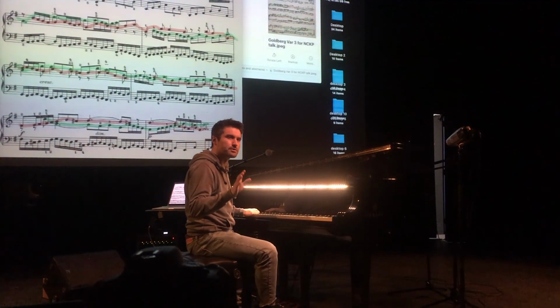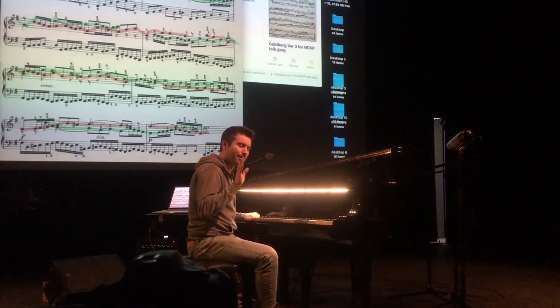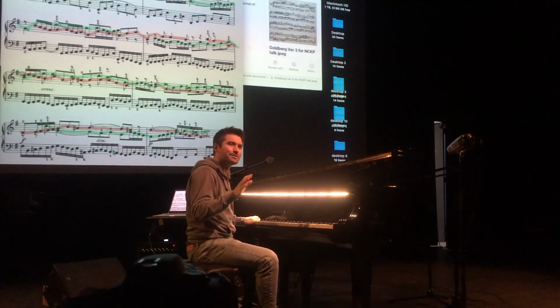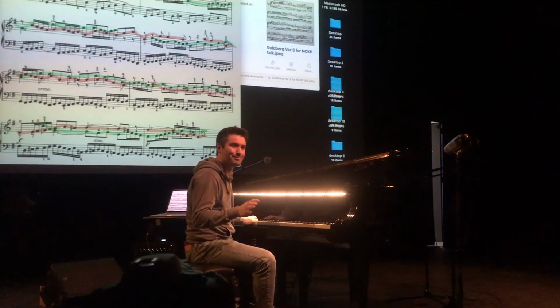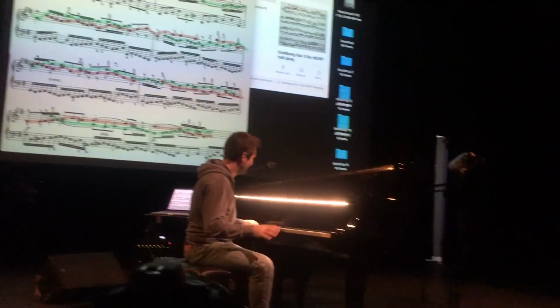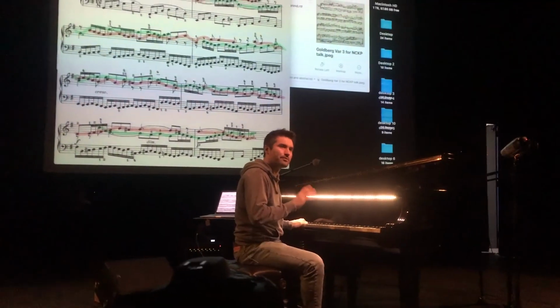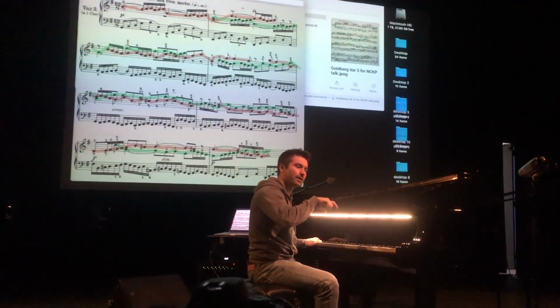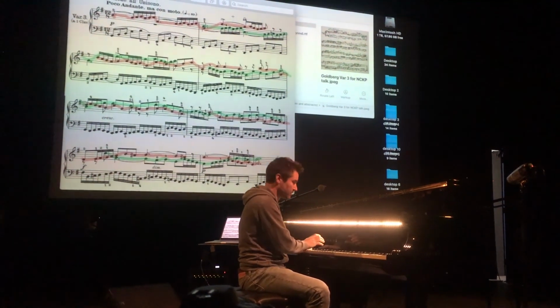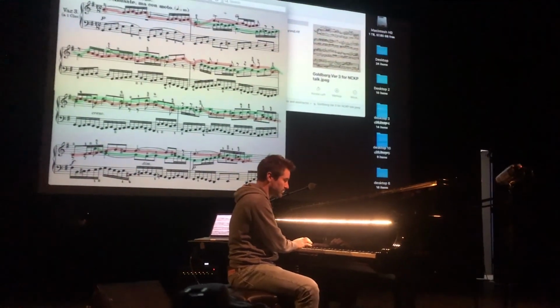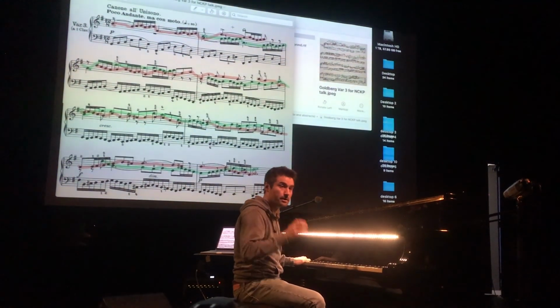Apologize, my Bach is a little sloppy right now because I haven't played the Goldberg variations in a little while. I need more gigs with the Goldberg variations, but I'm doing them a lot later this year. So, but hopefully you'll have heard that right in the middle there, the first voice was in this register, and then the second voice repeated an octave above. So